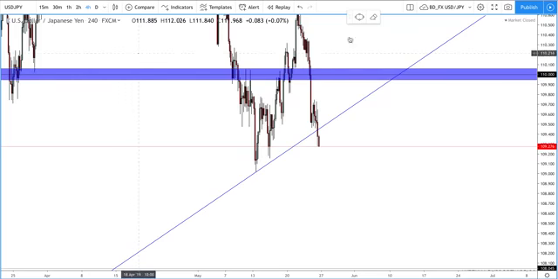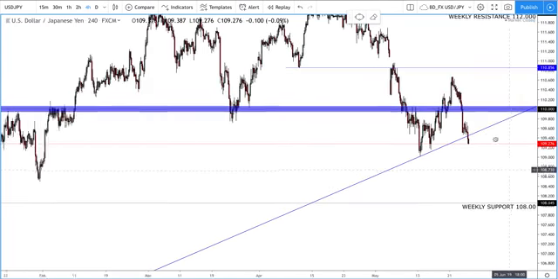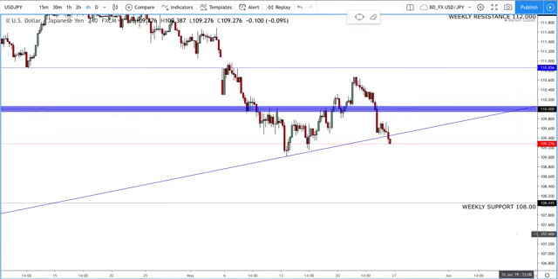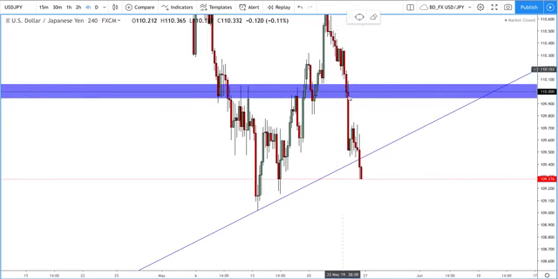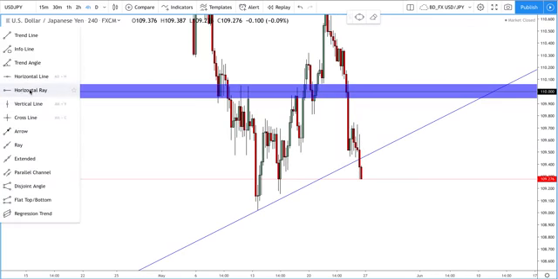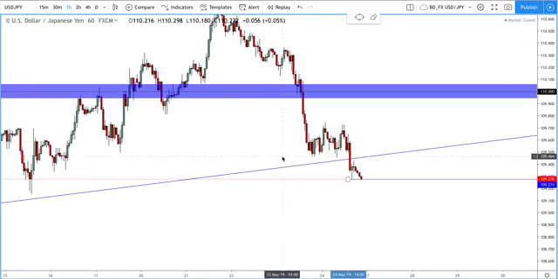USD JPY, looking at longs on this last week. Currently we're starting to break through this trend line. Whether it's going to be a breakthrough or not, we'll have to wait and see. But what I'm looking for is we've had this initial breakthrough of this trend line with this candlestick, which was a bit of a doji, wasn't too convincing. I'm just creating a support level here, and I'm going to be watching that now on market open.